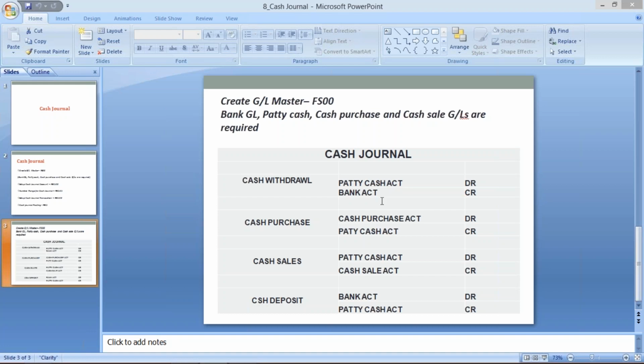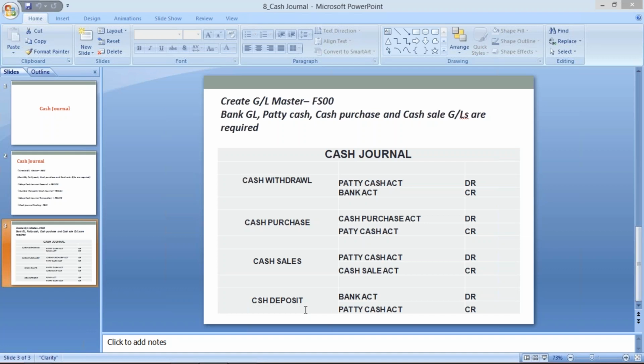This is the accounting entry. Petty cash GL is going to be debited, and the bank account is getting credited. And there may be a cash deposit also. Let's suppose they have sold scrap worth 10,000 rupees, and already they have 17,000 rupees in the petty cash GL, so there is a surplus balance.